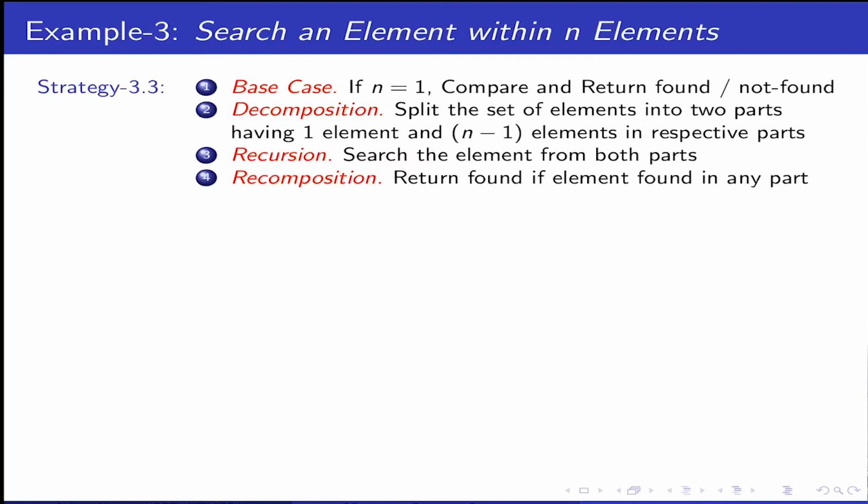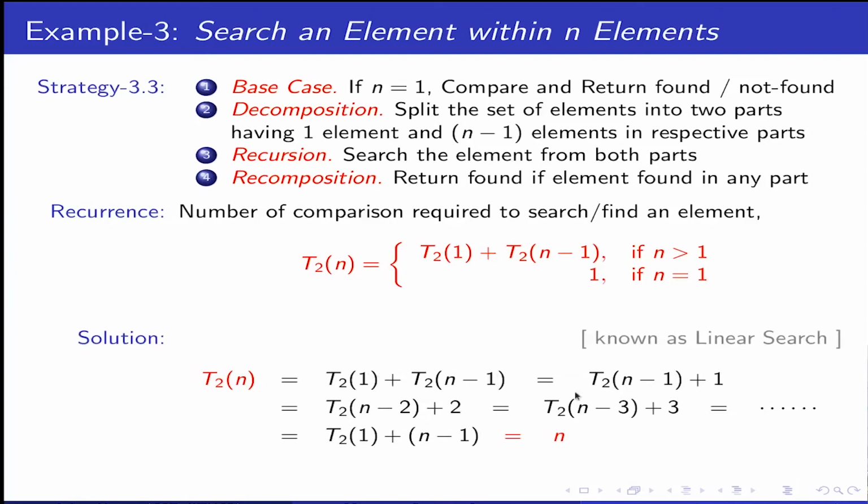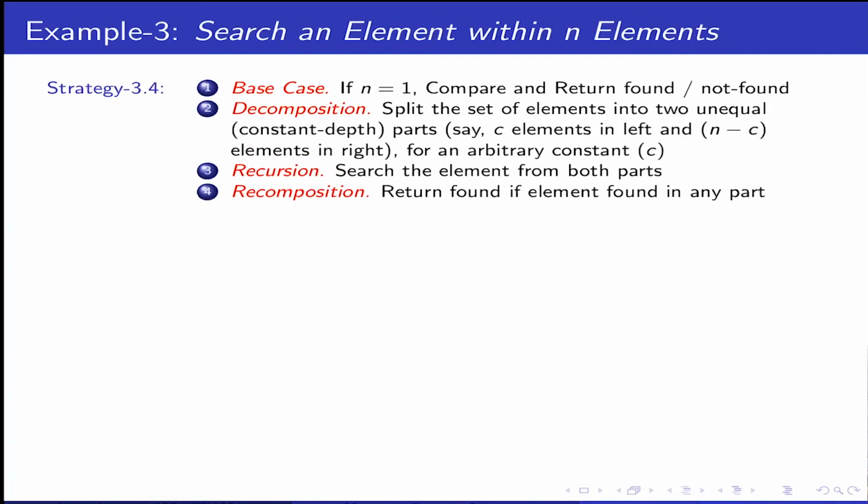Why don't we split into 1 and n minus 1 elements? Yes, that's the obvious choice, because that's how we are trained in linear scan. It's just that we search one and call the same routine for the next set of elements. So this is the linear scan we are talking about, and the linear scan will produce in a similar vein T(n minus 1) plus 1, T(n minus 2) plus 2, and so on. So in a similar vein it will go and reach back to n elements. Therefore, splitting here does not affect very much in terms of searching an element, because it is n comparisons you need to make to search an element also.